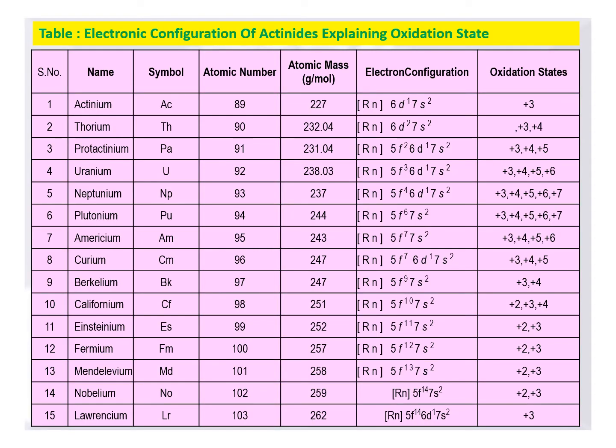Starting from the electronic configuration of actinides, we can see that as the atomic number increases, the electrons in the 5f also increase. Starting from actinium to lawrencium, the atomic number increases by 1 at each step. When we look at the electronic configuration of this actinide series, we see that from protactinium, it starts with 5f2 and increases by 1 at each step.